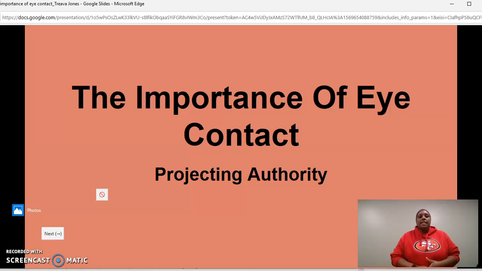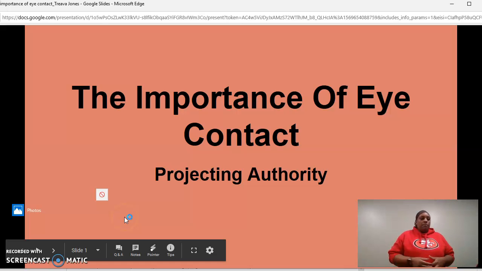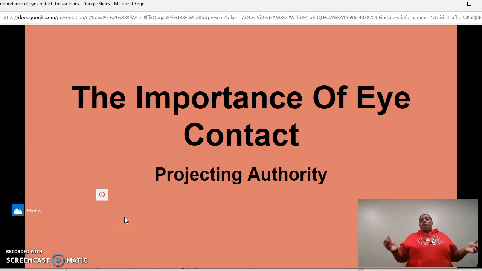Eye contact is a way of the speaker connecting with their audience. It also shows a sense of respect that the speaker has to the audience that they are speaking in front of. For instance, if you are in an auditorium or you're somewhere where you're coming to listen to someone speak to you,